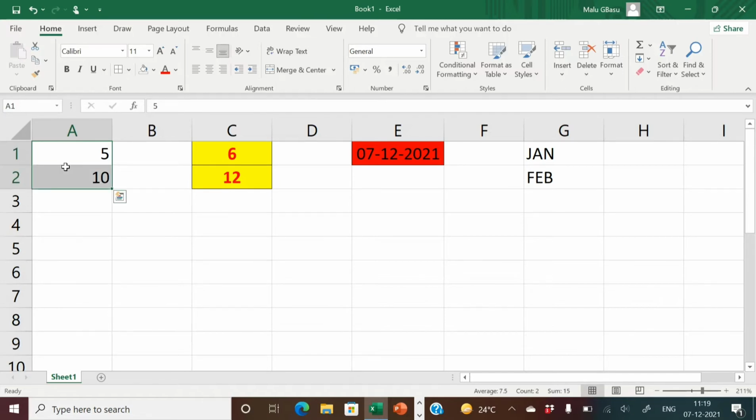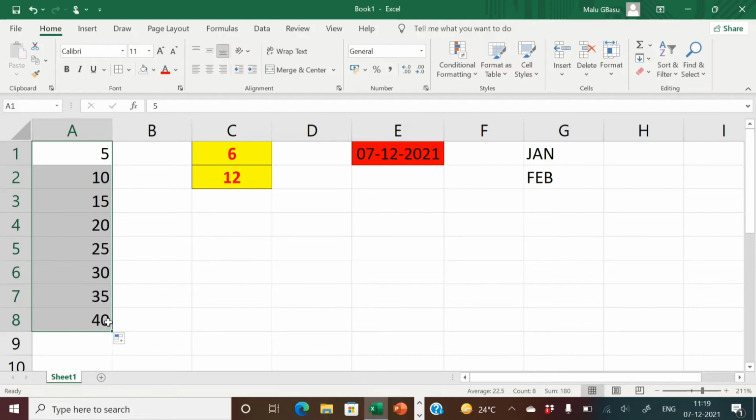I have typed 5 and 10 in two corresponding cells A1 and A2, and then as usual I'll select both the cells, go to the lower right corner and place the mouse over it, and I will get a black plus sign. When I drag it down, I will get the next multiples of 5 filled up in the corresponding cells. I will just drag it down, suppose till 40. So the rest of the multiples till 40 got filled up in the next cells automatically. So this is the basic autofill, and how to use it.